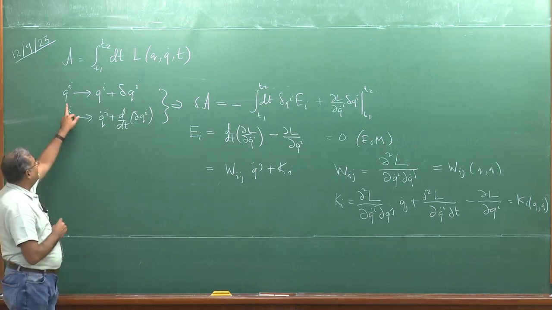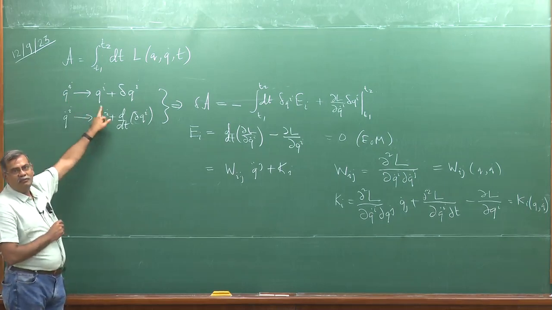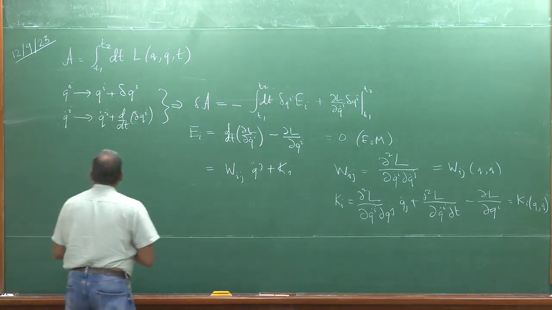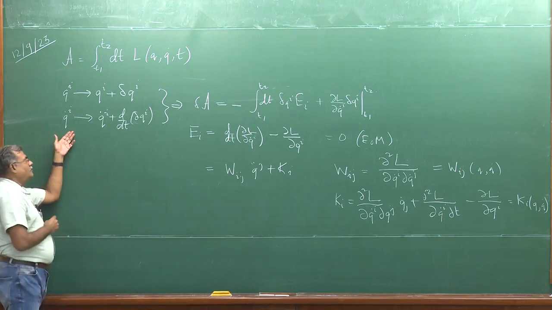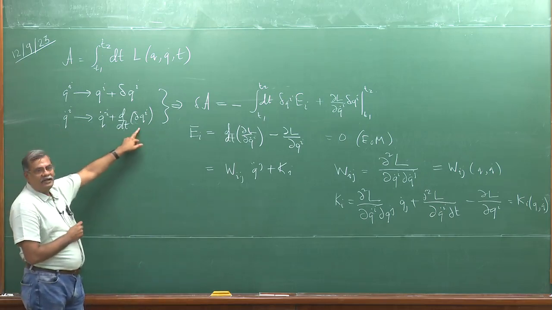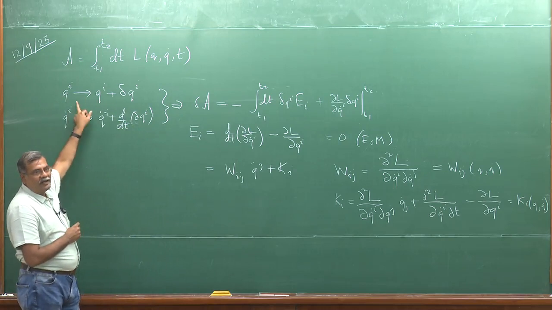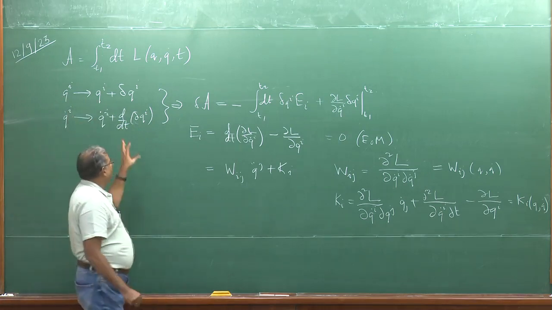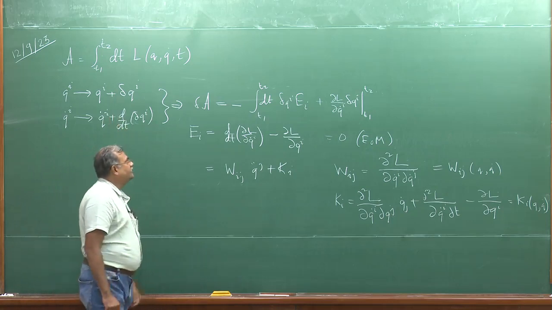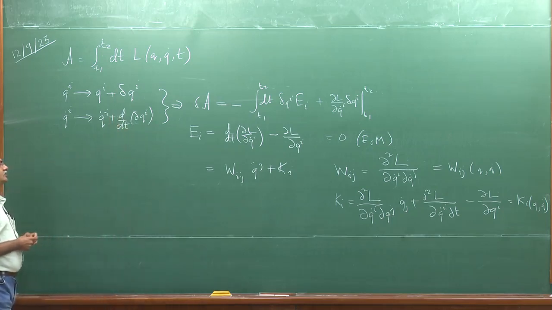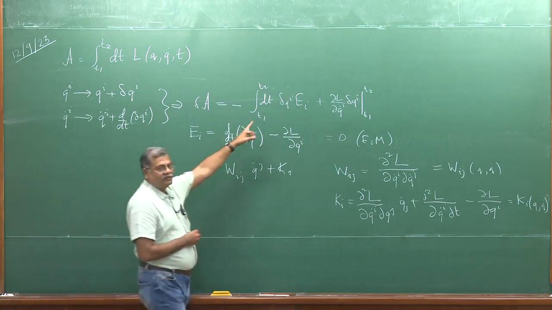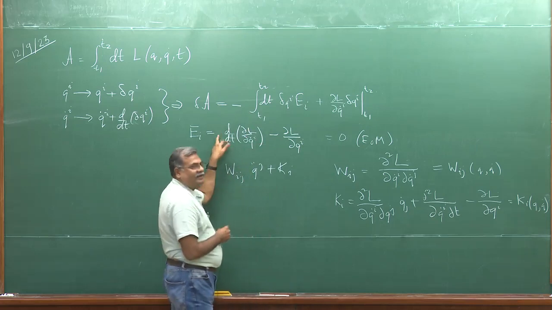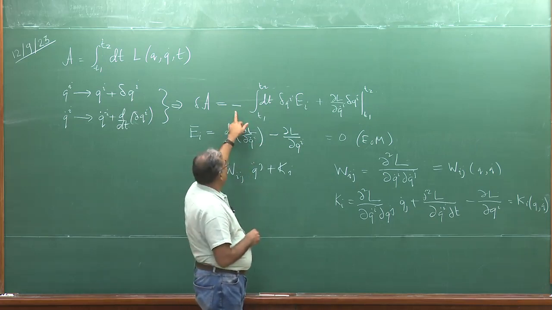The most common thing that we do with the action is we vary the path, we change the q's to q plus delta q's. So, q_i becomes q_i plus delta q_i, and q dot_i automatically becomes q dot_i plus d/dt of delta q_i. So, the moment you vary this path, the velocity automatically varies along with it, and if you plug this back into the action, you see that the first order variation in the action works out to be this expression. The minus sign is there simply to avoid a minus sign here, nothing else,